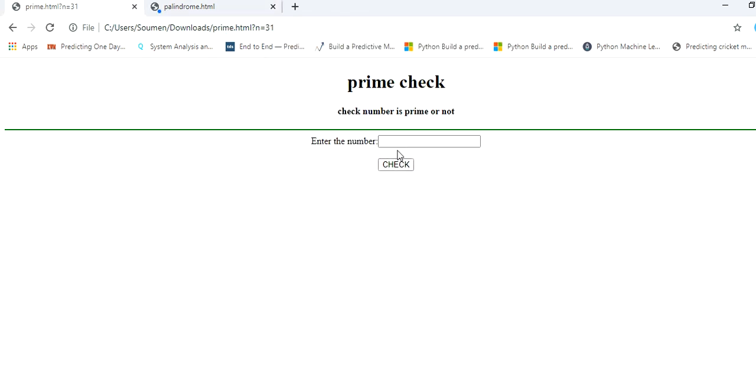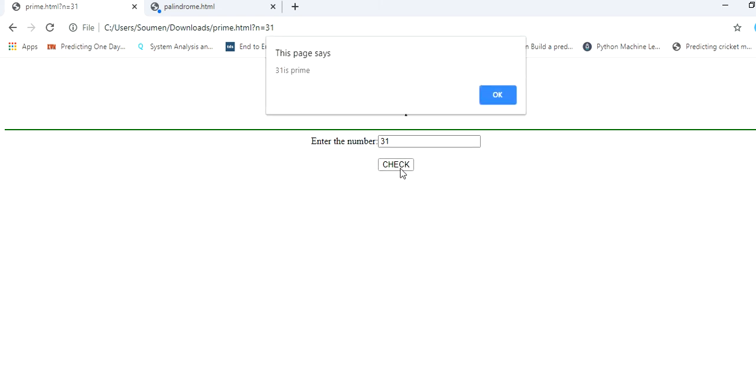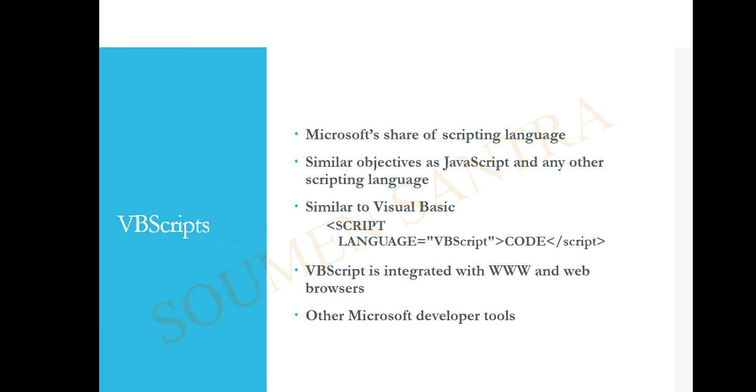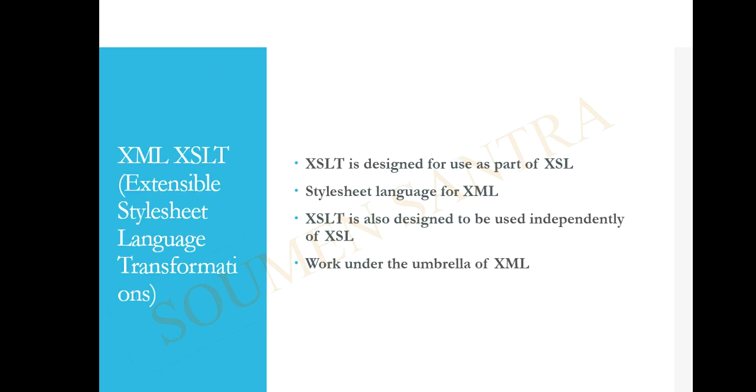This is another check of prime. After clicking on the button, the value from this input box goes to the JavaScript function, which checks whether it is prime or not, and based on this the alert box is shown here. So these are the common features of JavaScript, and I am showing you this common example to give you a huge concept. Basically this is all about JavaScript, and